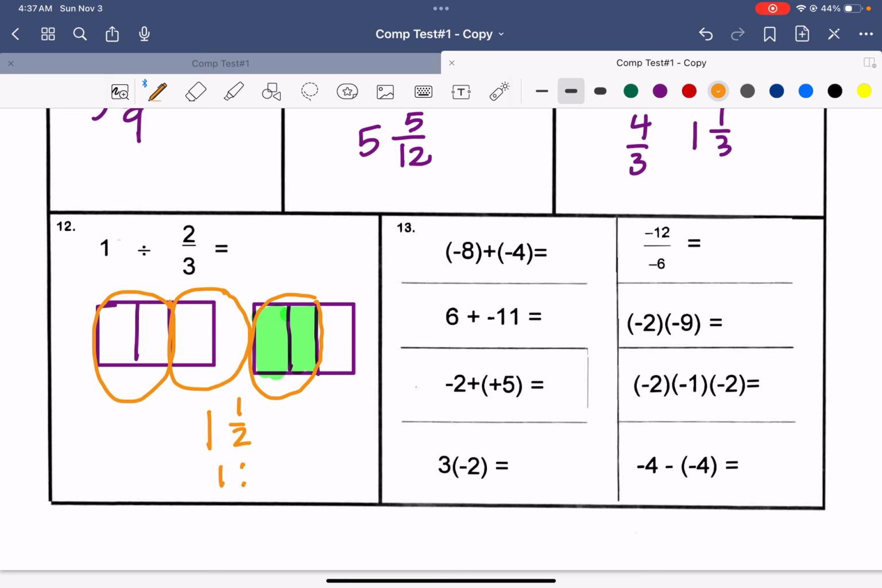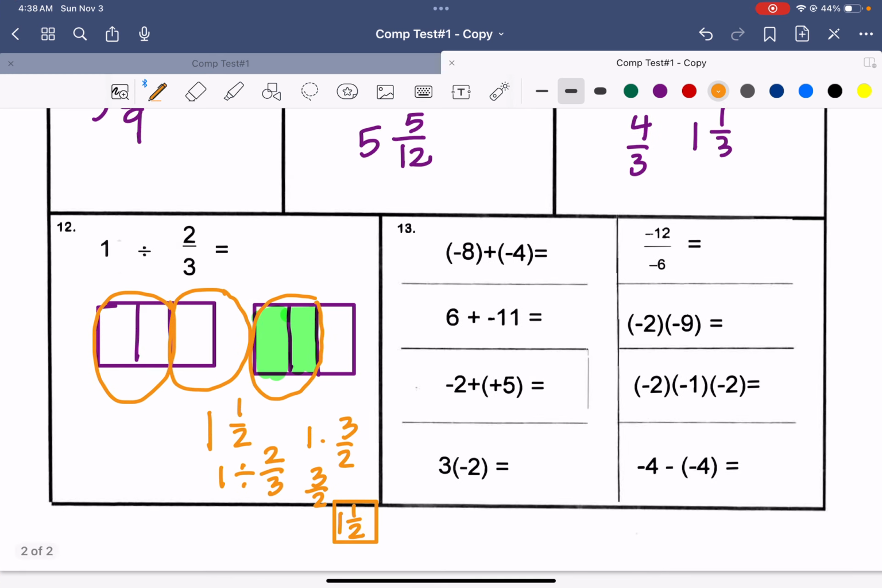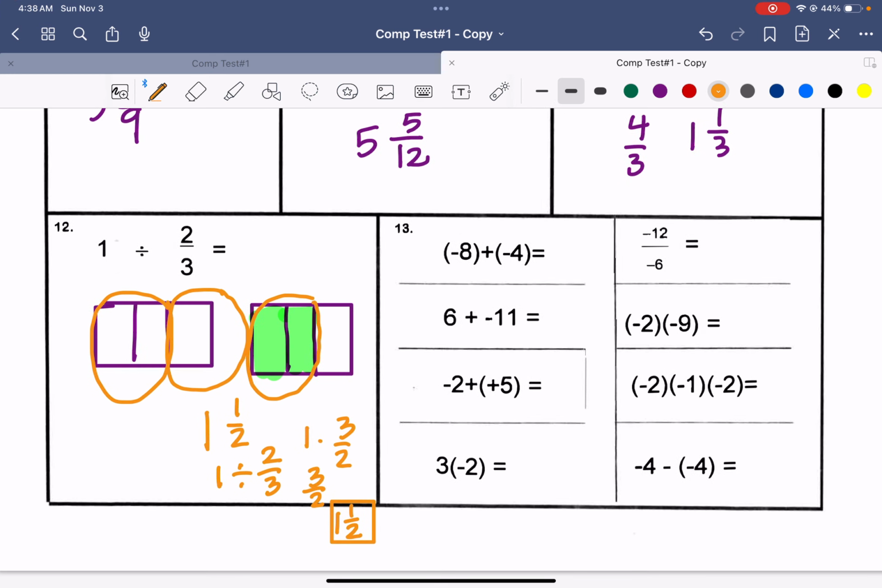So I'll solve it with algorithms. Oh, sorry. Which you multiply by the reciprocal. I still ended up with 1 1/2. I just showed you visually. So I did equivalent fractions. 3/3 is 1, and then what I wanted was the 2. So I'm looking for this in